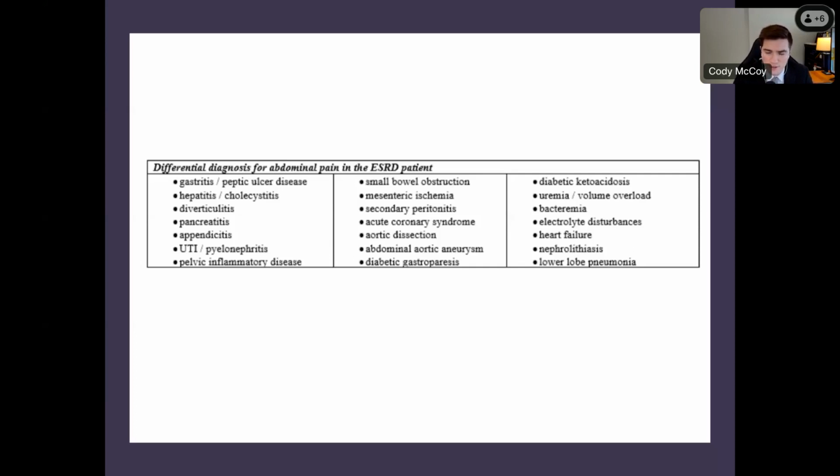and then some of our other etiologies that we would think about in anybody else, like pneumonia presenting with irritation of the diaphragm. Here we know they're an HD patient, but say they're a peritoneal dialysis patient. In that case, they could be having a secondary bacterial peritonitis as well. Have there been any surgeries very recently? Another very important thing to think about. Urinary tract infection is another one that can cause abdominal pain, something similar to an ACS where we don't think about that classical place where it's going to present with pain. And then, is the patient fluid overloaded? Those are a few of the things I would be thinking about if they came into the emergency department.